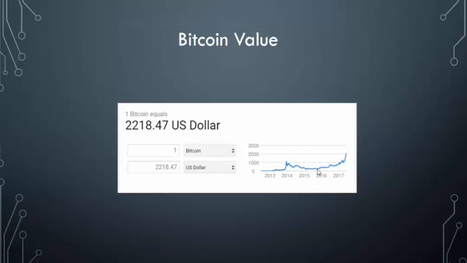And then all the way to the beginning of 2016, it started climbing at a very steady rate, almost like a tangent curve, as you can see right here, with a few hikes along the way. And the highest peak, I think, that it's reached ever in history is very, very recently in 2017. As you can see, the value is now $2,000.